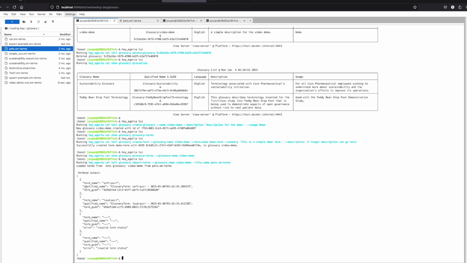We can see that soft purr and loud purr worked just fine, but these two didn't. This term says that there was an invalid term status. So if we take a look at Egeria again,